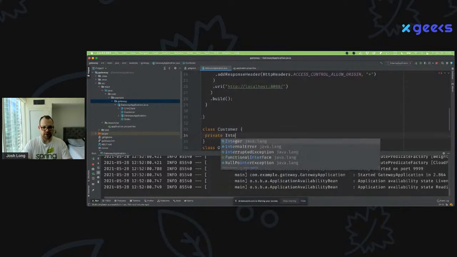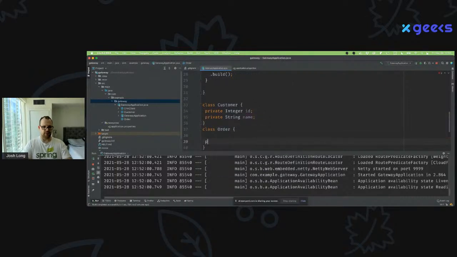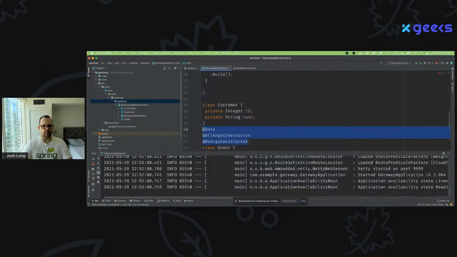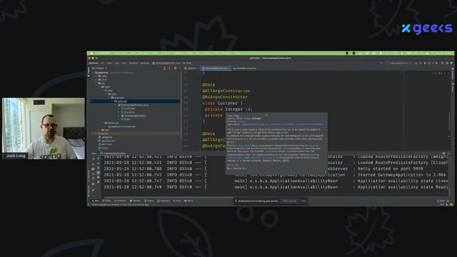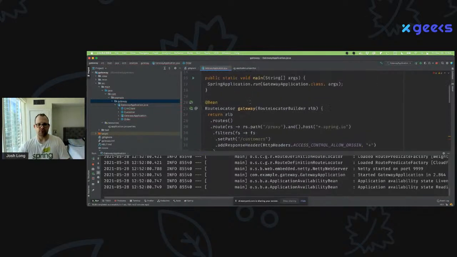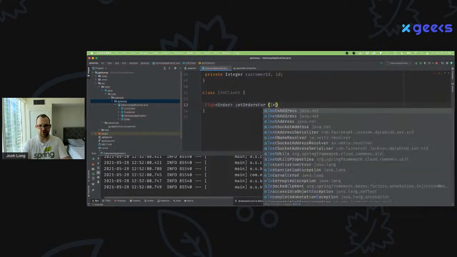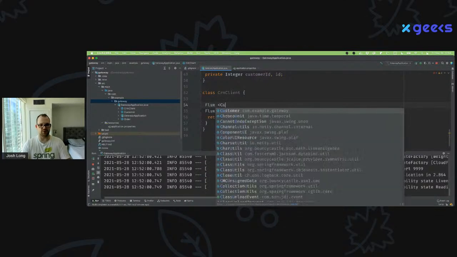So let's see, private integer ID, private string name, private integer customer ID and ID. And we're going to make these clients of the downstream services. But remember, one of them is HTTP, the other one is RSocket. But it doesn't matter because reactive programming is very good for composition, for service orchestration. We're going to do scatter, gather kinds of service orchestration here. So what I want to do is build a client to give me all the orders for integer customer ID and return ID. I'm going to return all the customers as well.